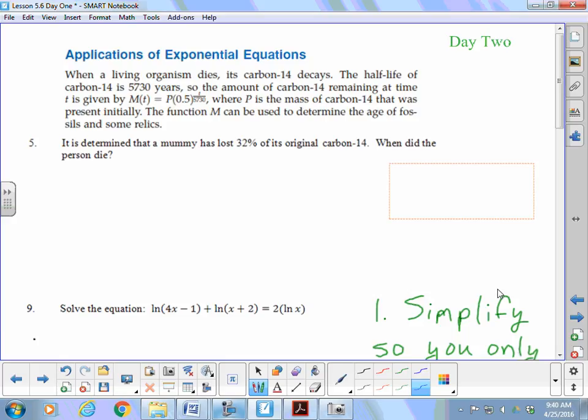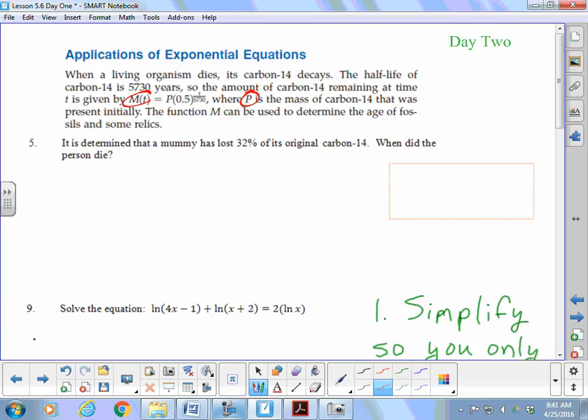It is determined that a mummy has lost 32% of its original carbon-14. When did the person die? So if he's lost 32%, then 68% is still there, right? Okay, so they don't tell us